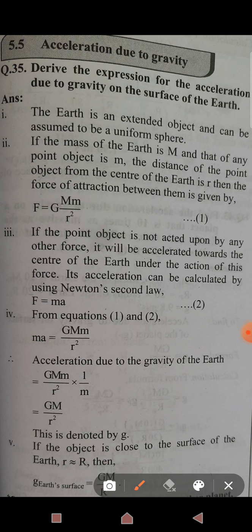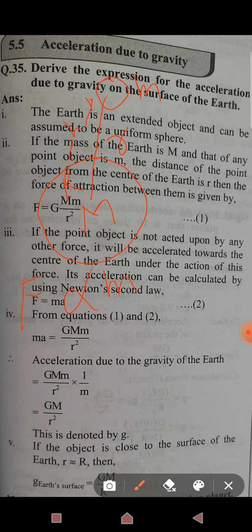Suppose this is a capital M. Capital M is called the mass of the earth. Now consider another particle having the mass small m, which is placed at a distance r from the center of the earth. Let capital R be the radius of the earth and h is the height of the object from the earth's surface. Now, as we know, according to Newton's law of gravitation, the force of attraction between